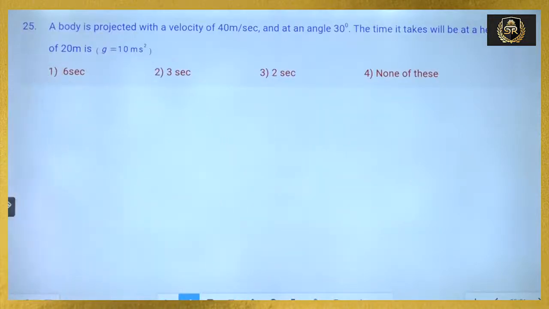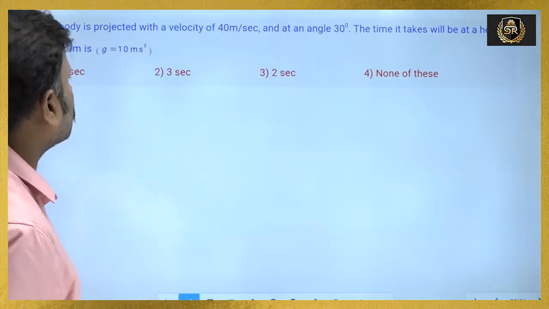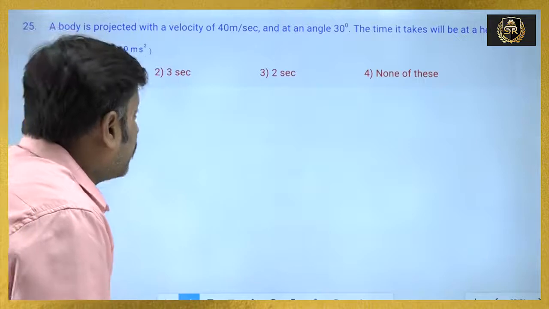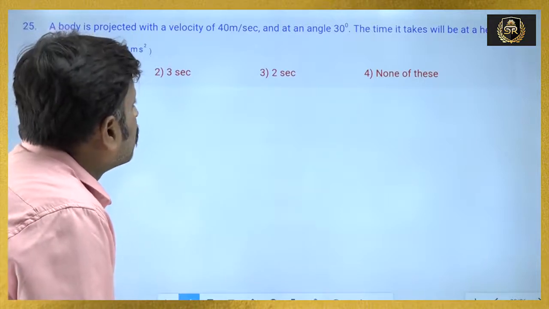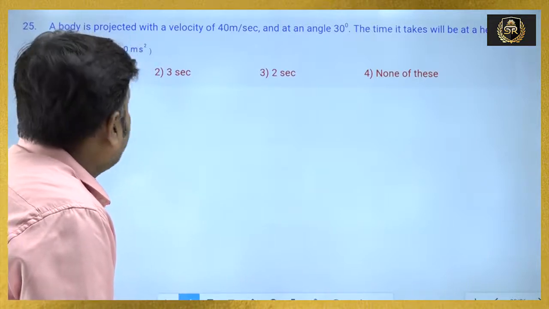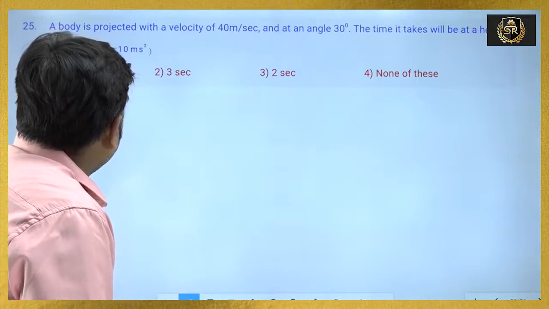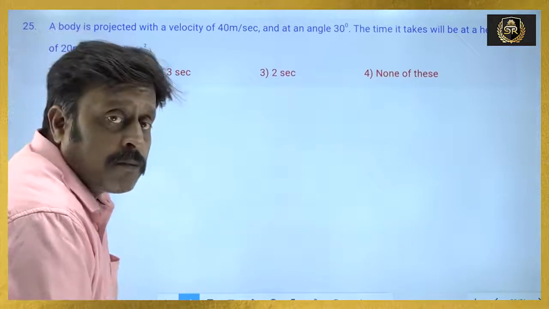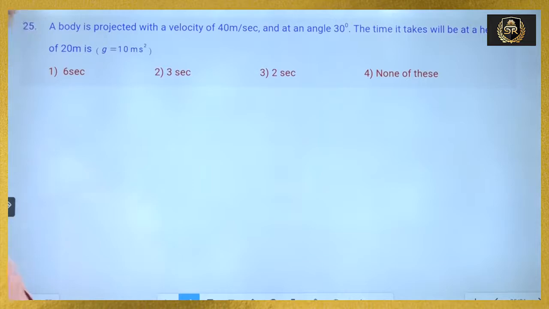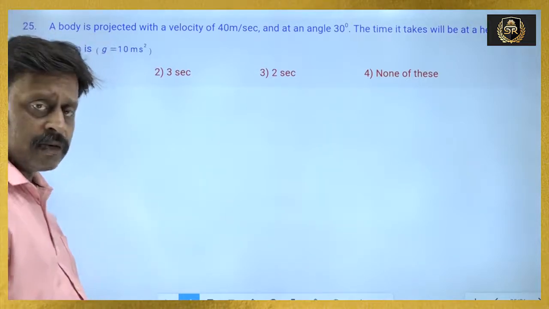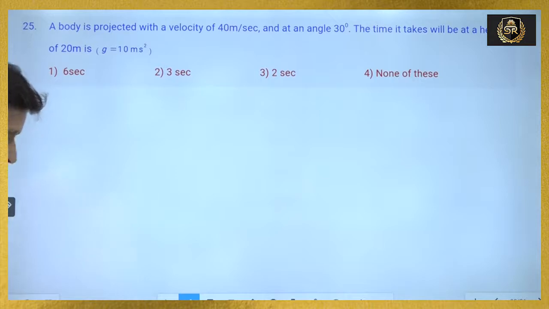Which is the question number 25. A body is projected with velocity 40 meter per second and at an angle 30 degrees. The time it takes to be at a height of 20 meters, that is how much time the body is taking in order to rise to a height of 20 meters. G value you are asked to take as 10 meter per second square. Okay. See,